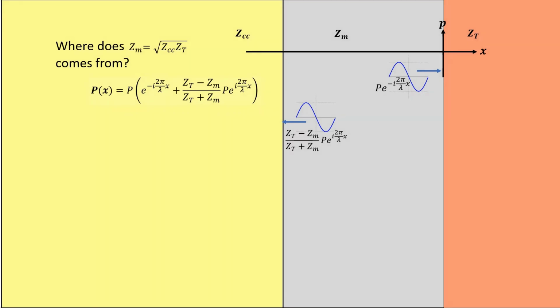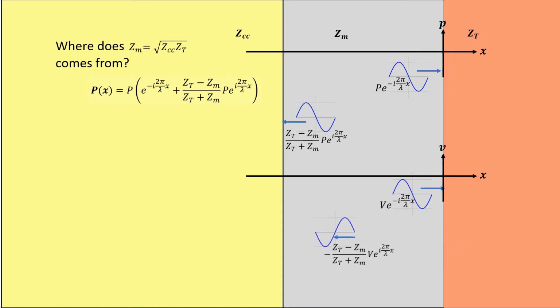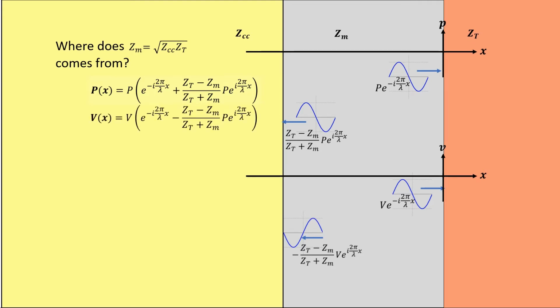We can do the same for the velocity wave. It has the same expression as the pressure. However, the reflection coefficient for the velocity wave is negative to that of the pressure. Yes, that was in class number 9 too. The expression for the velocity swing as a function of x is